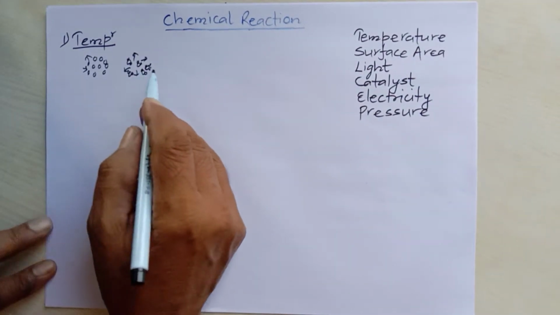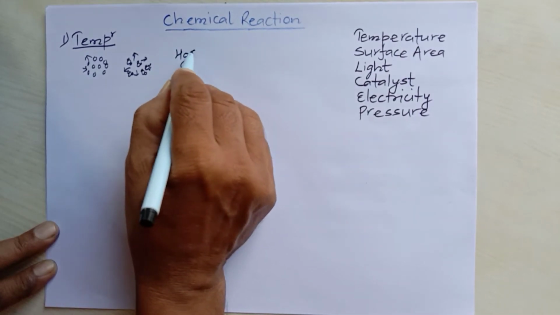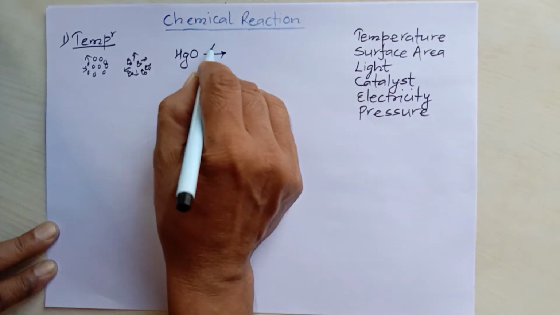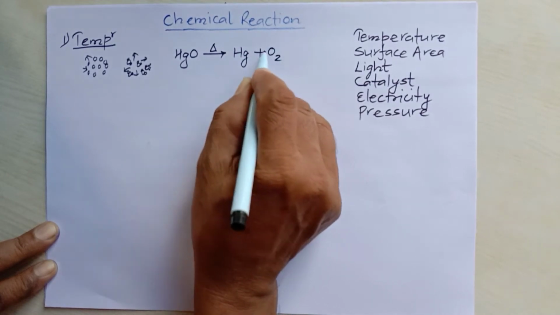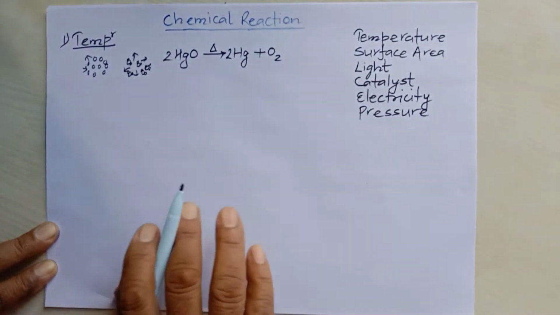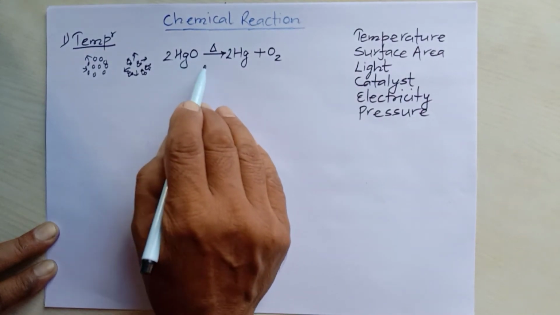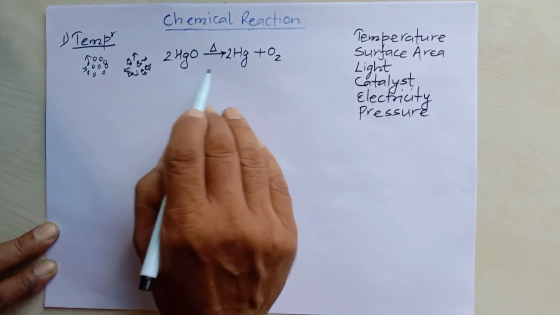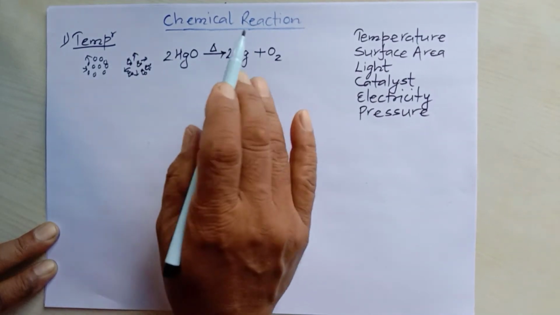Okay, we can take an example of this. Just for example, when mercuric oxide is heated, this is the heat sign, then it decomposes into mercury and oxygen gas. We can write the balanced equation also, 2 and 2. Here if we write 2, then it is balanced. This breaking up of mercuric oxide is possible because of heat that increases the temperature. This is the example of the factor heat or temperature which affects the rate of chemical reaction,